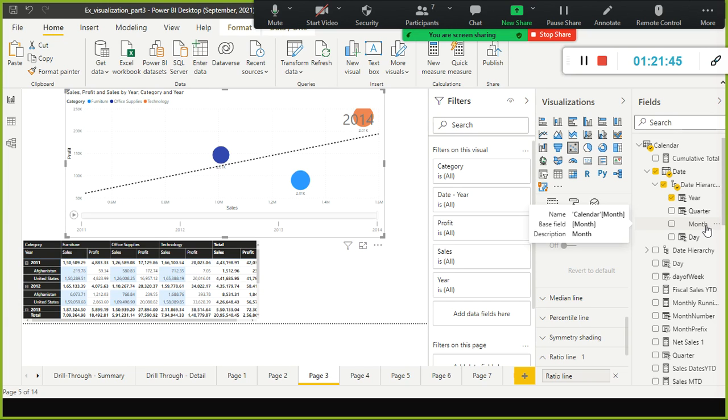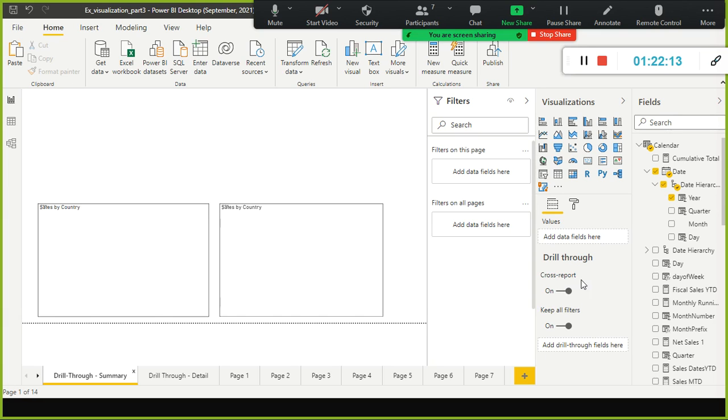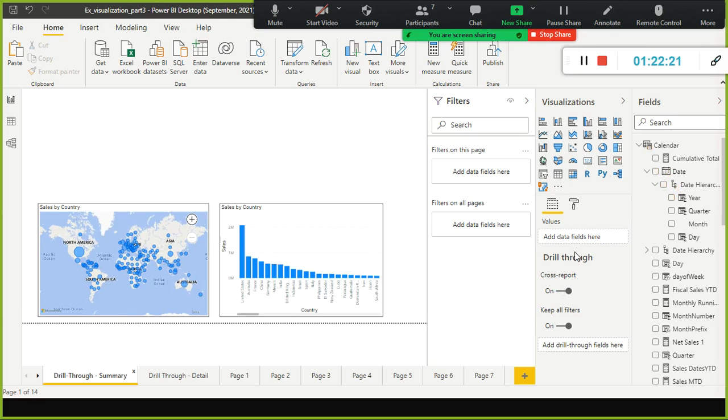Okay, it's already late. What we will do is tomorrow we'll continue the important advanced topics of visualization, like a Gantt chart, and also we will take a look at the bookmarks and drill through. Drill through and drill across also, we can say cross filter. I'm forgetting the terms. Okay, the cross report, drill through, and bookmarks and other advanced topics. We will discuss it tomorrow.